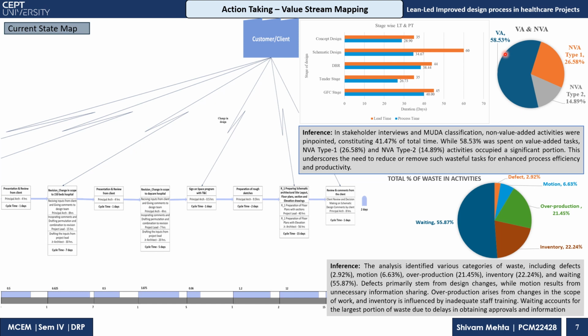with the design process, we got to know what the value adding and non-value adding activities are. So, based on classification, non-value adding activities were pinpointed, in which the non-value adding was 41.47% of total time, and 58.53% was spent on value adding tasks. The non-value adding but necessary was 26.58%, and non-value adding but not necessary was 14.89%. So this is done to reduce, or we can say remove, the waste tasks to enhance the process